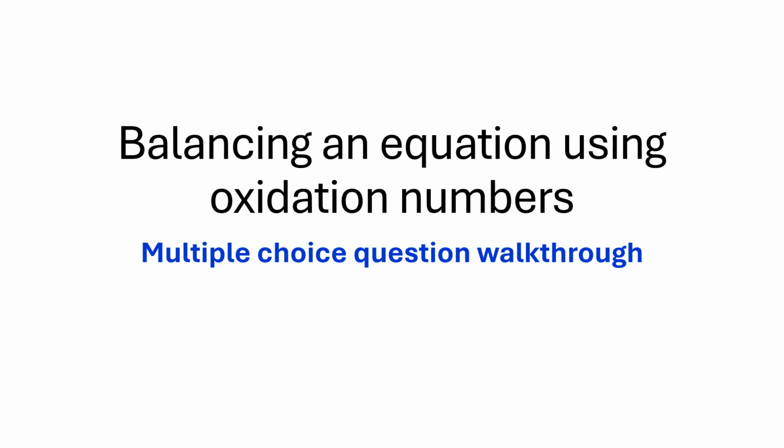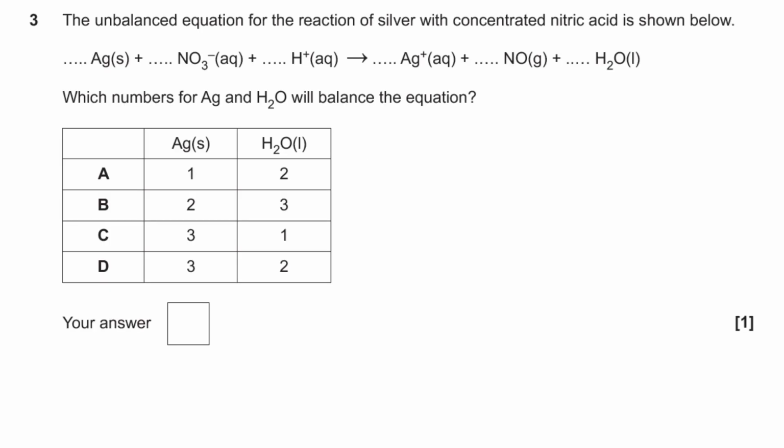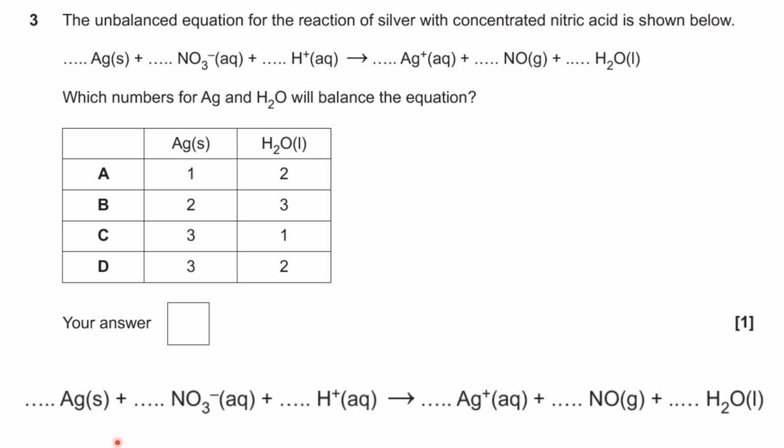Hello and welcome to this walkthrough of a multiple choice question looking at how to balance an equation using oxidation numbers. So what they want you to do is work out which numbers for silver and water will balance the equation. They haven't given any balancing numbers. So you can just go back and forth, GCSE style, but